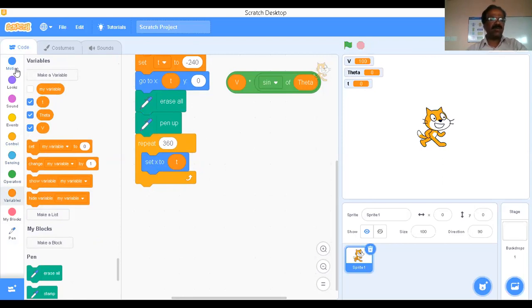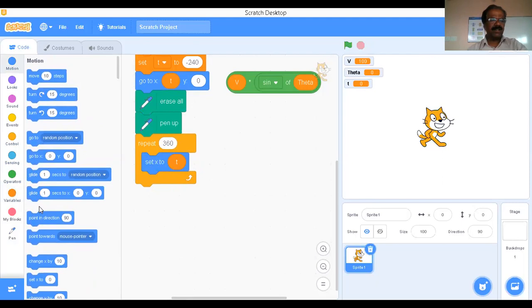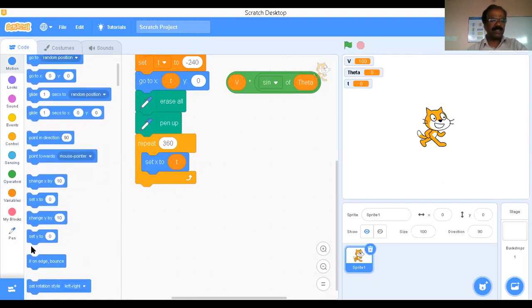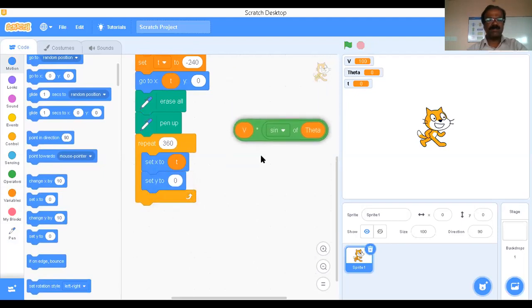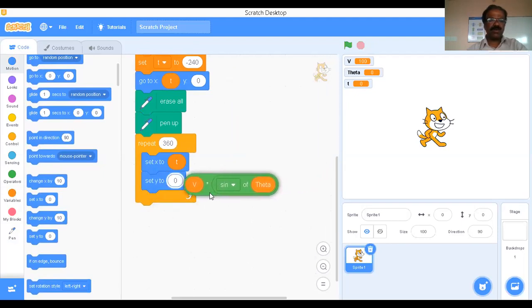So set y equal to v into sine of theta. Therefore, we are going to vary that 100 with respect to the sine function or cosine function, and we'll get that particular waveform.